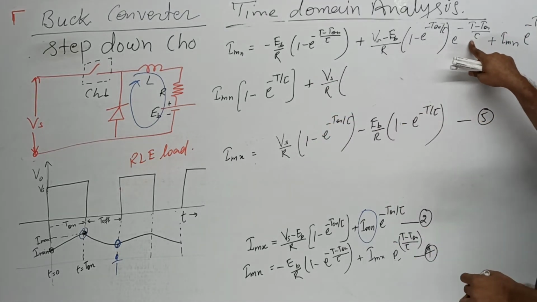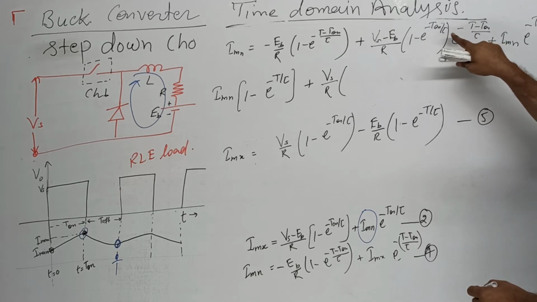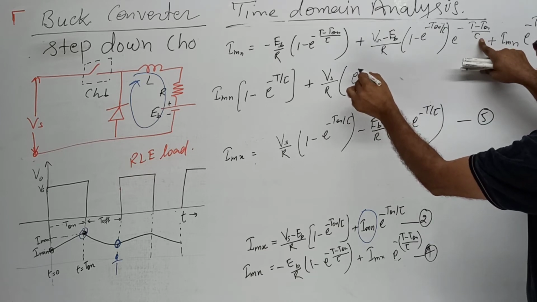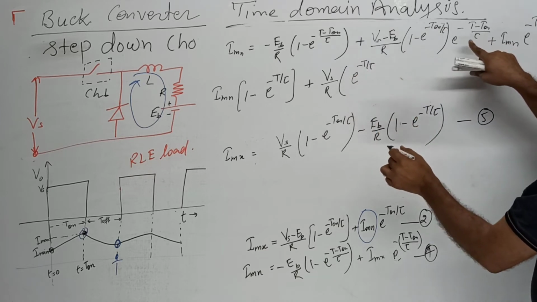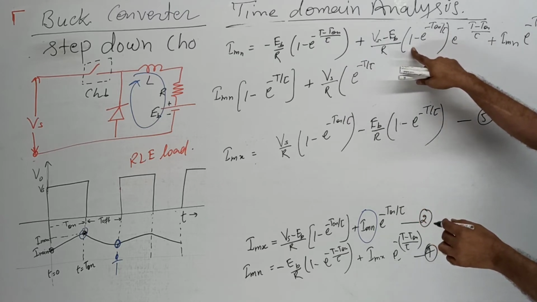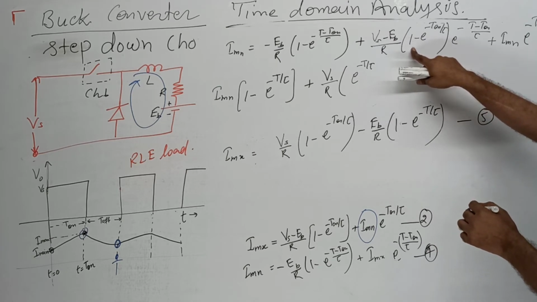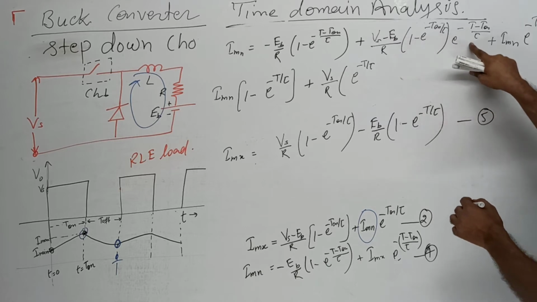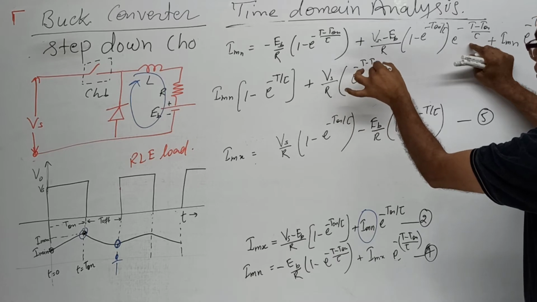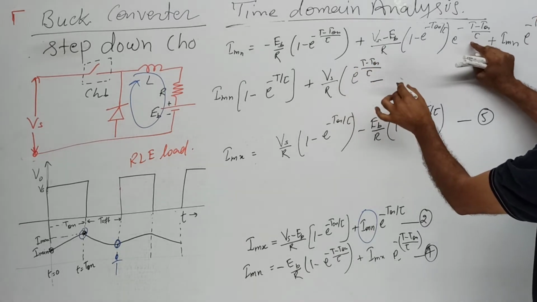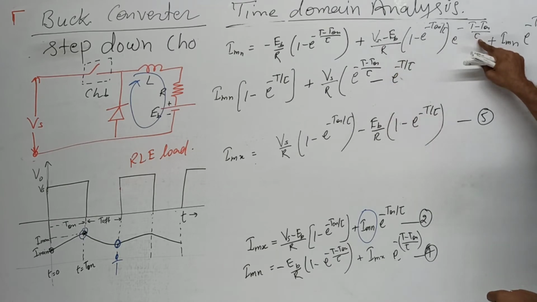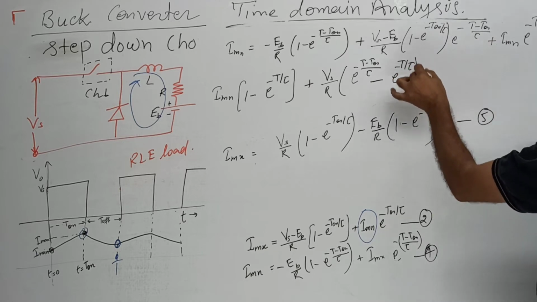And when we multiply this one, so this is the T on minus, and here T on is the plus. So it becomes e raised to power minus t by tau, and here it is e raised to power, when Vs by R we are taking this one. So 1 here is 1 multiplied, so it becomes only minus t on divided by tau, minus e raised to power minus t upon tau, because t on and t on get cancelled out.